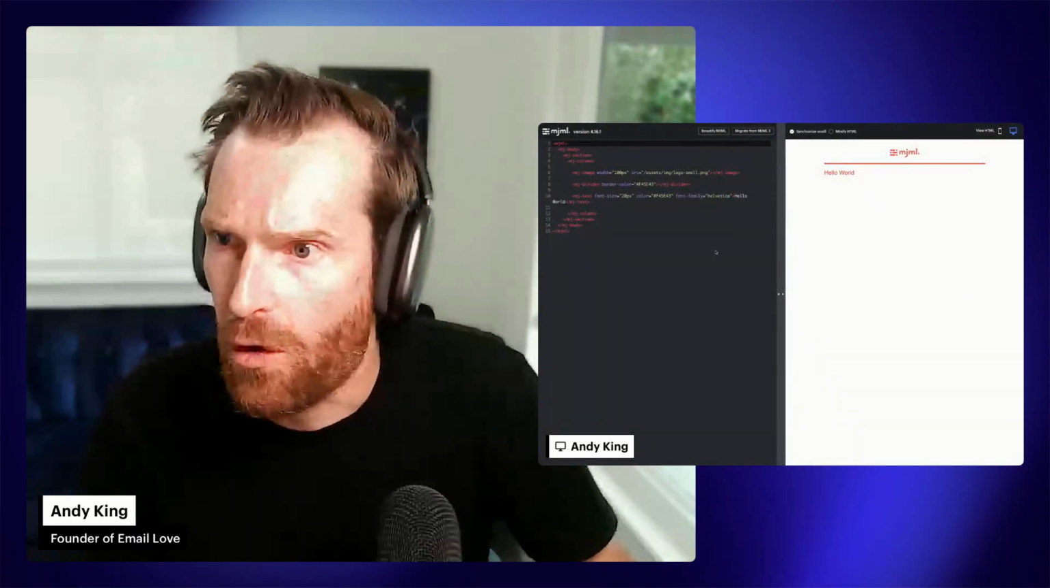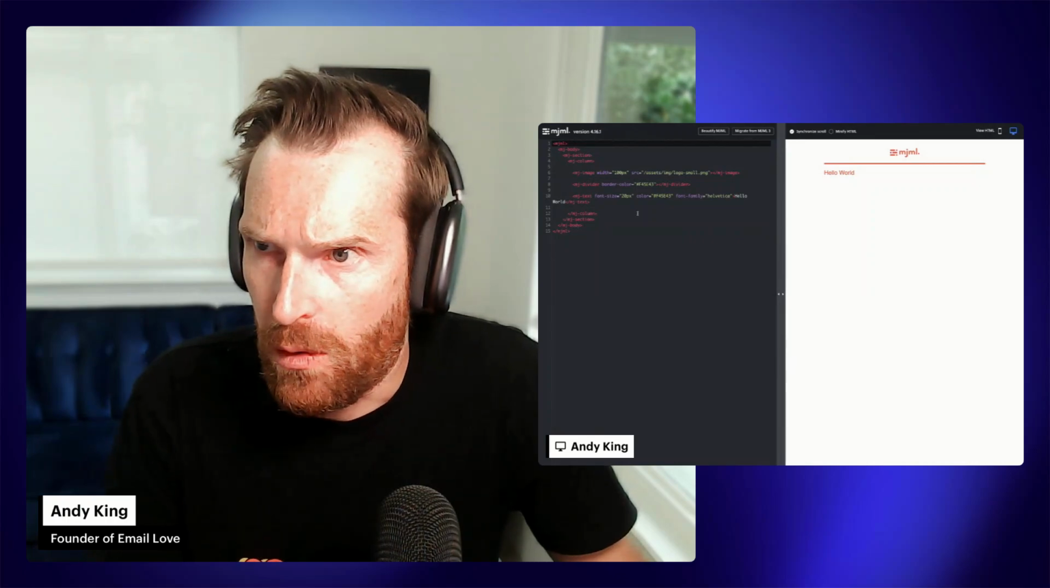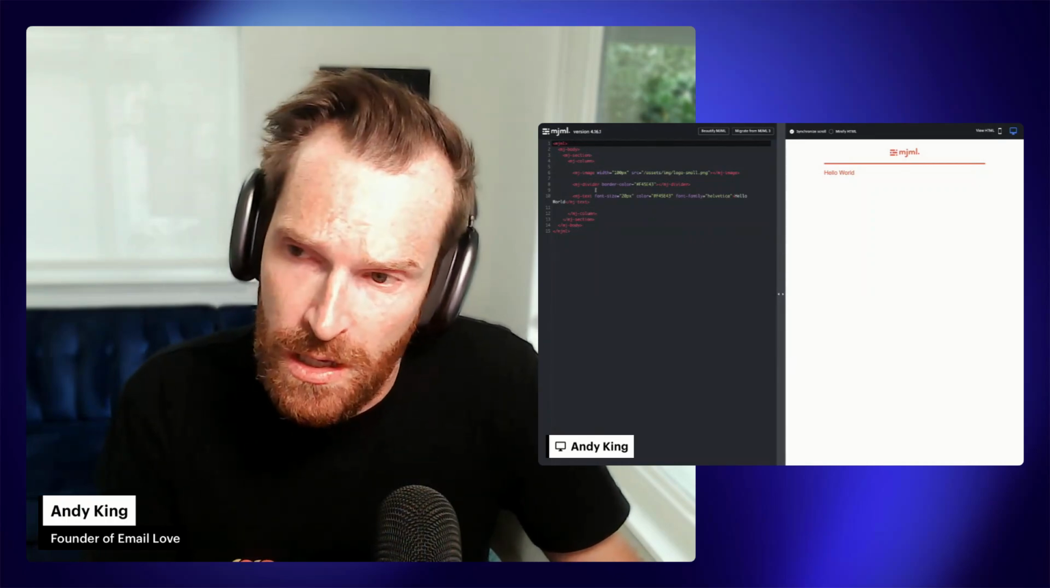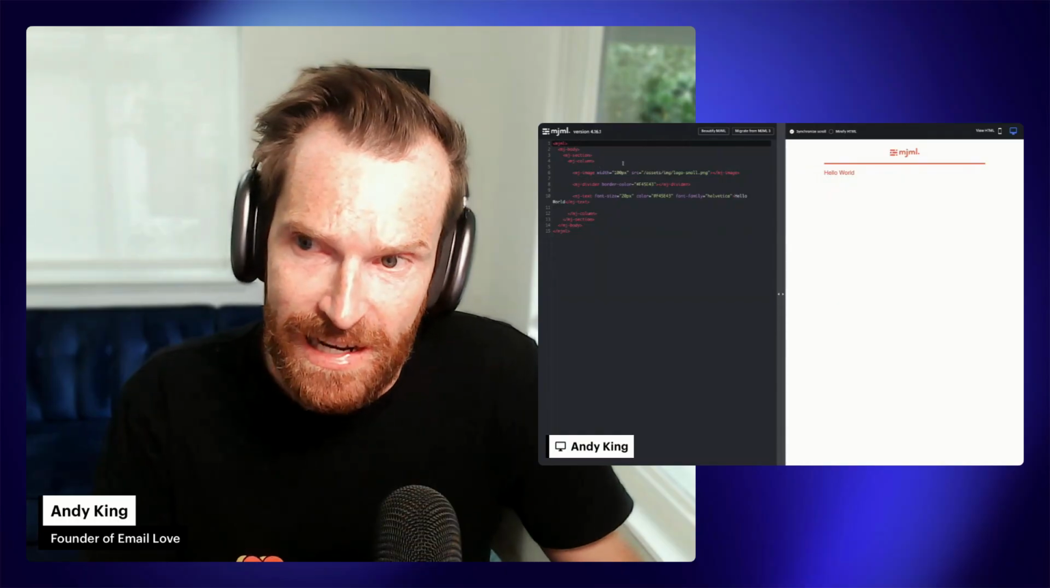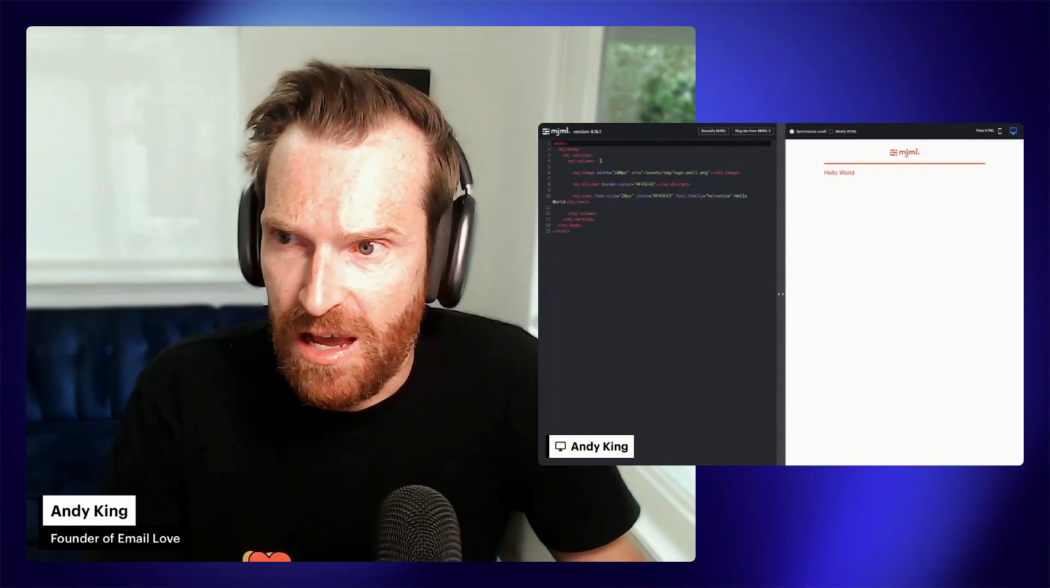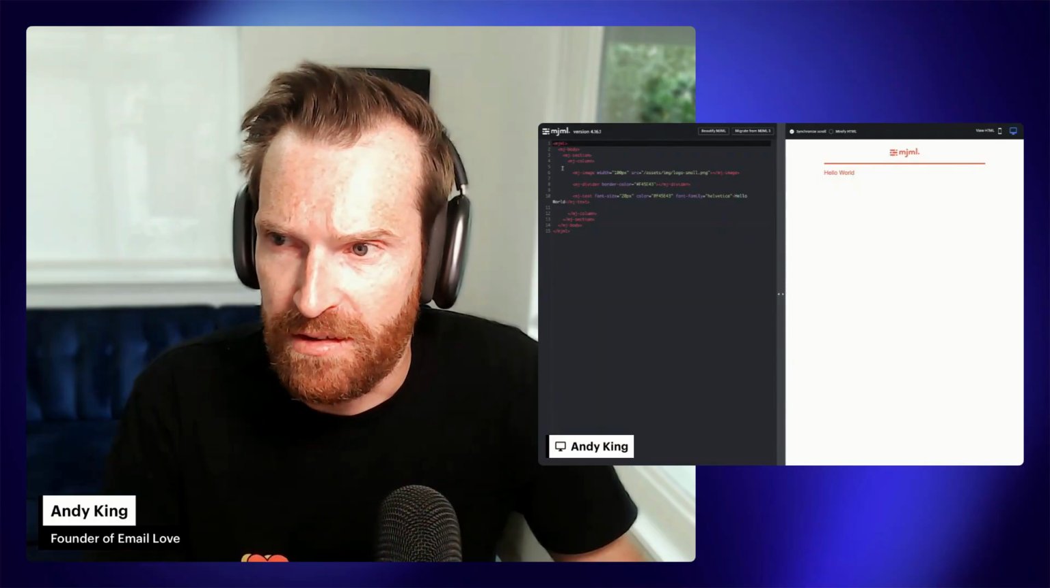Before we get into the plugin and show you how that works, I just want to quickly touch on what is MJML and how does it work. I think it's probably best to do that if we share an example. So here is the MJML editor. You can try this at mjml.io. And what you can see on the left-hand side of the screen here is a very simple example of how this framework